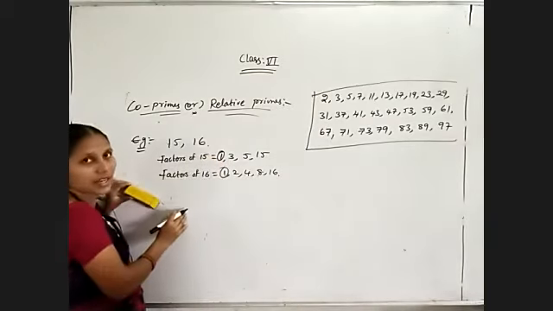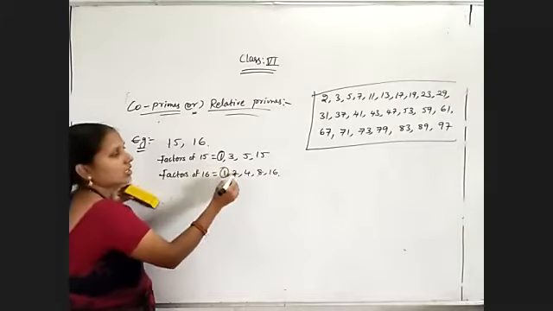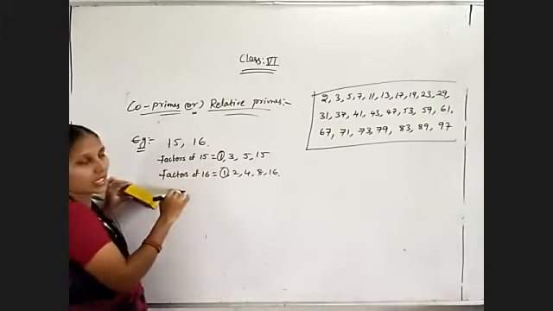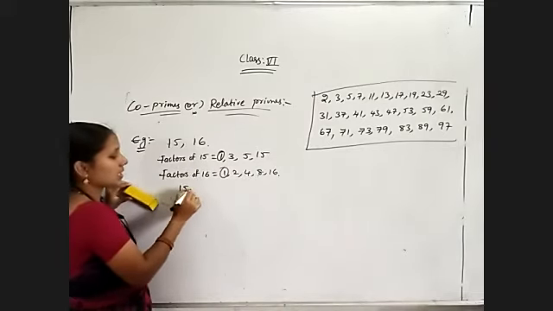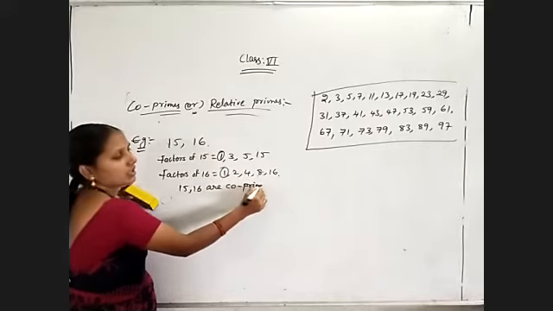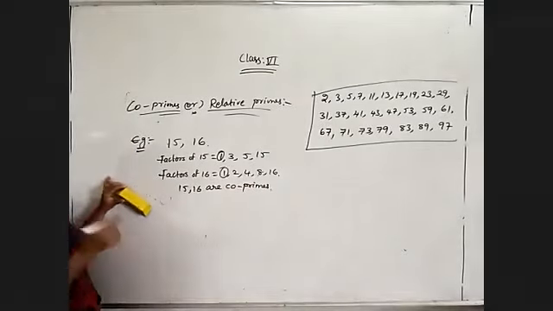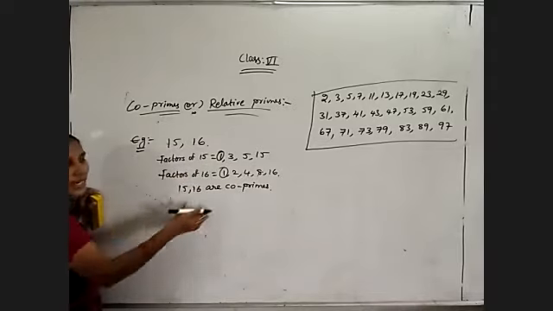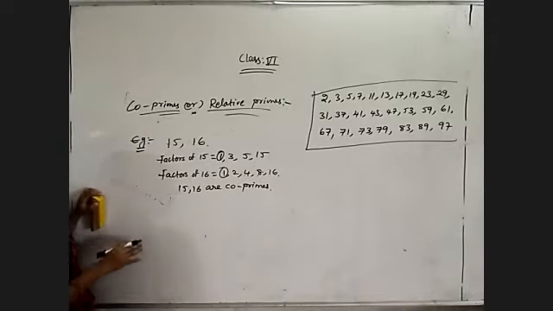One is a common factor for every number. 3, 2, 5, 4, 15, 16, like that we have. Any other number common, we didn't find. So 15, 16 are co-primes or relative primes. Now I hope you understood. But this is a simple way, because these are simple numbers, so we can write easily and decide whether those are co-primes or not.